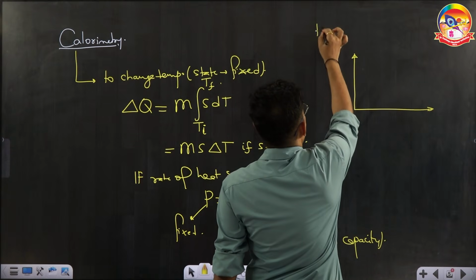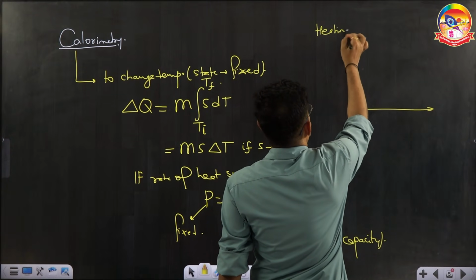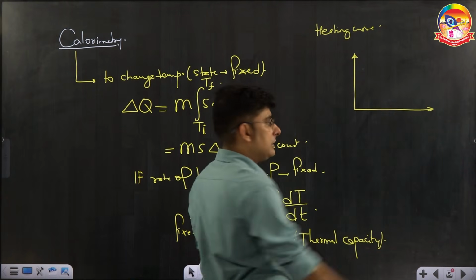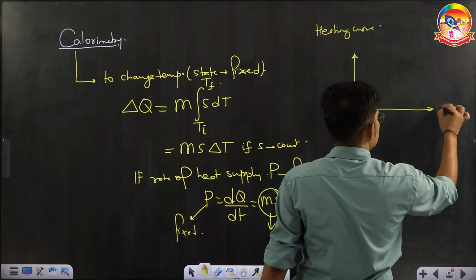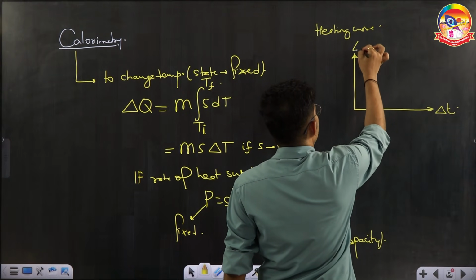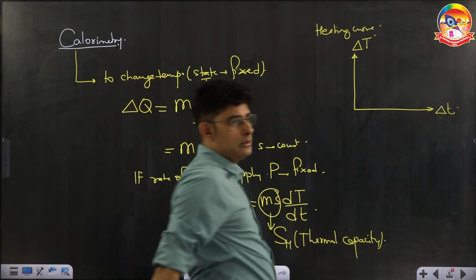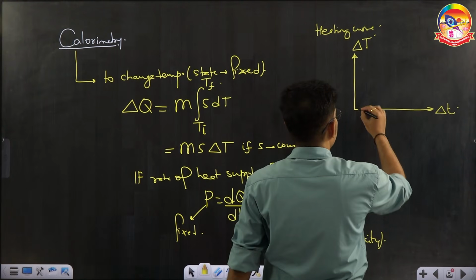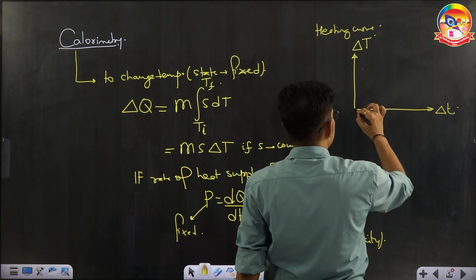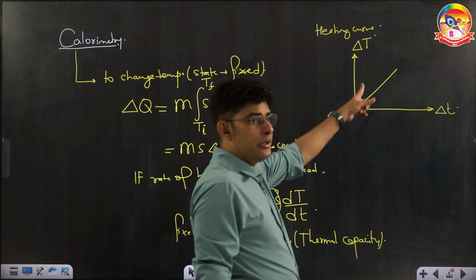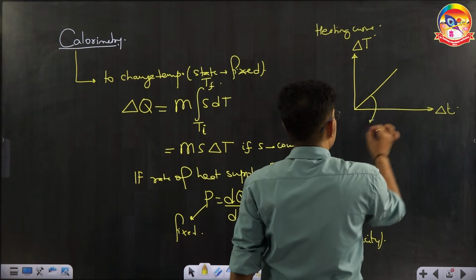So you can see from here, we draw what is called a heating curve. If you keep on giving heat with time, if you are continuously giving heat, the temperature will change. So temperature changes with time. So here what we can see, the graph you will get like this. Now if you see the slope of this graph,